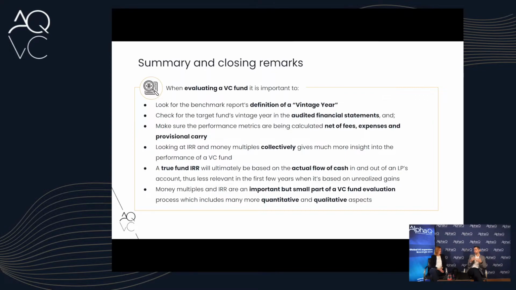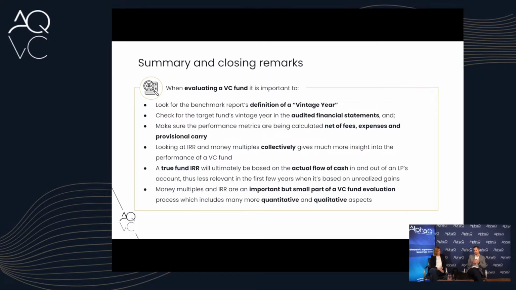This is why, as I mentioned, in the first few years of a fund's life cycle, this is less relevant. This is mostly based on unrealized gains, based on NAV. And the one setting the NAV is the GP. So you need to look at the valuation policy and what he uses as a policy to evaluate